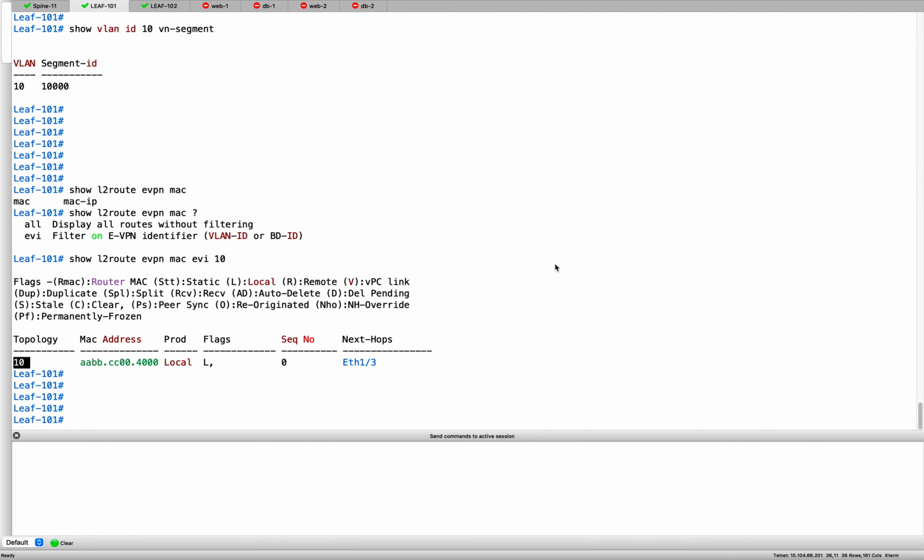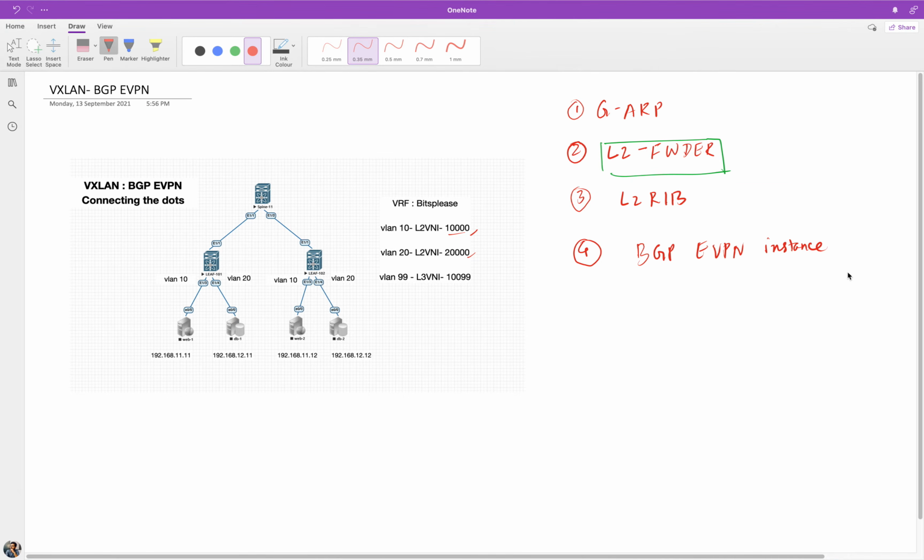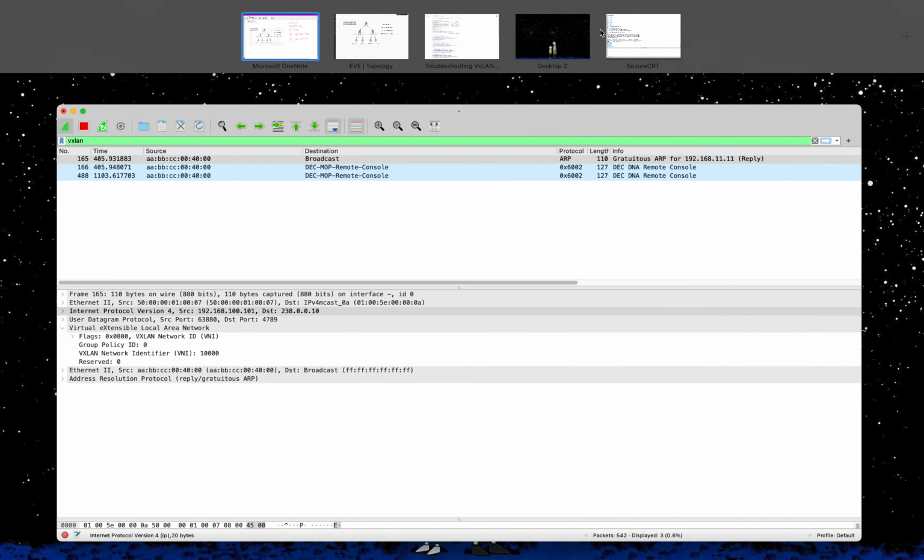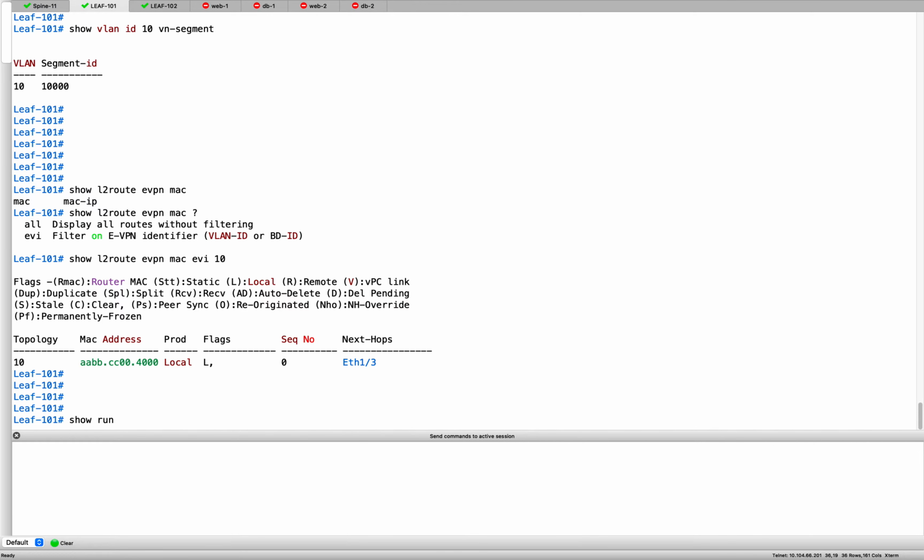Cool. Now next, what happens? So we are on the EVPN instance. Now the next is this entry, because what is our final goal? We have to somehow send it to the other side, right? Before sending it to the other side, we have leaked this entry into the BGP EVPN instance. But from there, it has to next go to what we call the BGP EVPN address family. What do I actually mean by that? If I go and do show run section router,